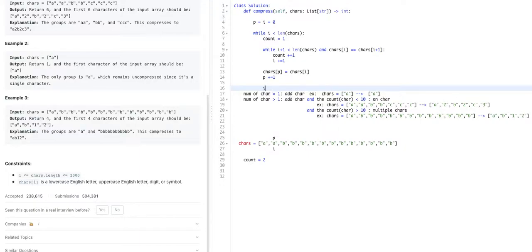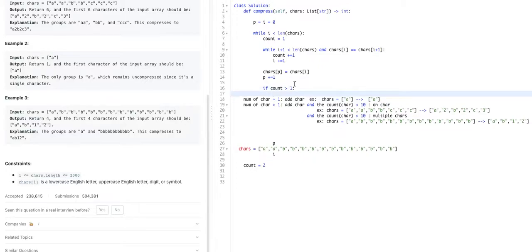So we are going to say if the count that we have is bigger than 1. If it is smaller than 1, we just add that character, and at this step we are done. But if it is bigger than 1, we need to do one more thing. We need to add the number of times that we have that character as the value